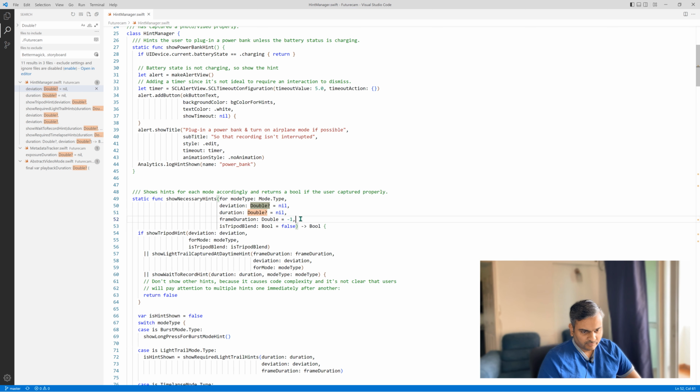this function takes a bunch of parameters which are optional. In some cases, they are nil if there is no value. In some cases, it's -1 if there is no value. This is inconsistent. You should use only nil everywhere or only -1 everywhere. And if you have a function like this,